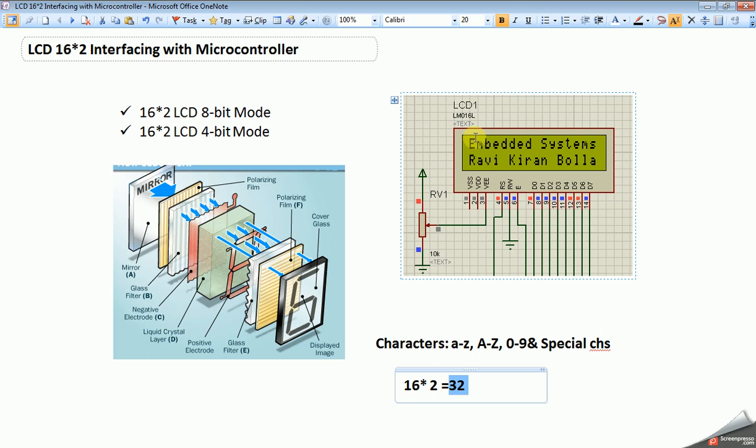So if you want to display a character, for example E, in this block, the particular dots will be enabled to display the character E. So like this, there are 32 blocks, each block displays one character, so in total we can display 32 characters at a time.